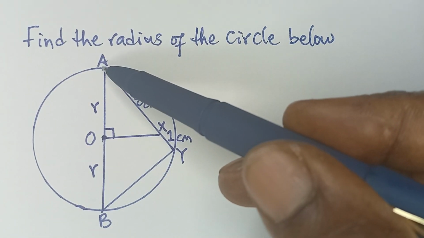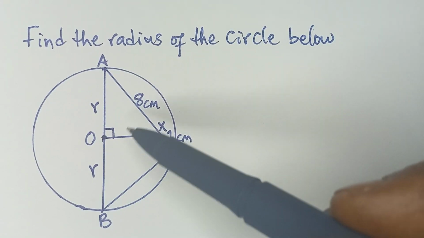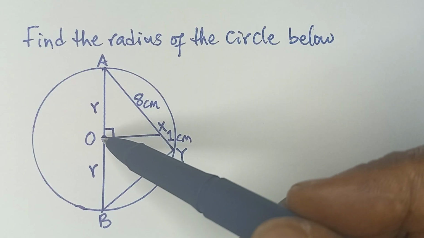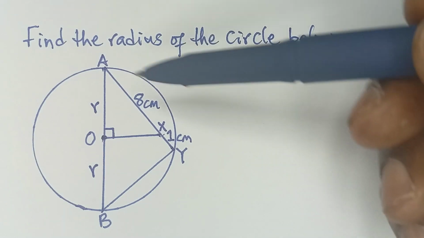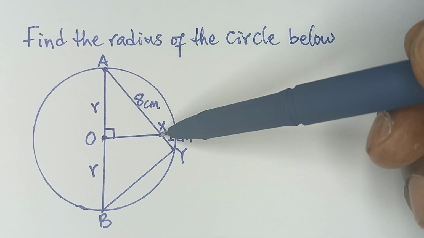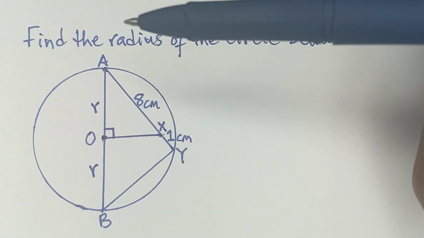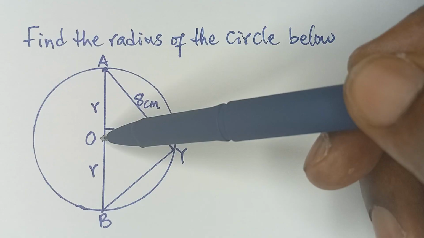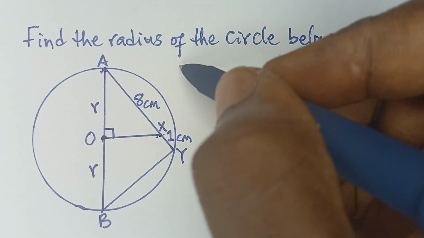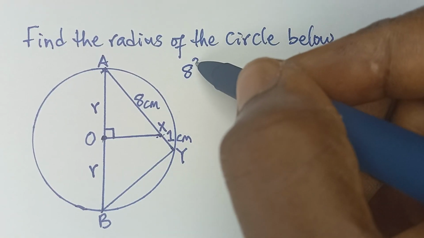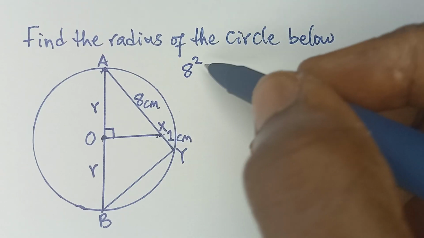Now, let us use this triangle AOX to find the length of OX by using Pythagoras theorem. So from Pythagoras theorem, the square of the hypotenuse side, that is the longest side, is equal to the sum of the squares of the other two sides of the triangle. So I'll be correct to write 8 square, which is the length of the longest side of this right angle triangle, is equal to